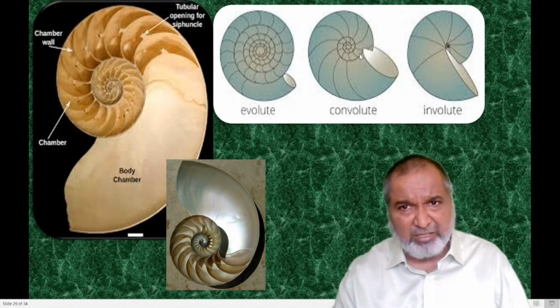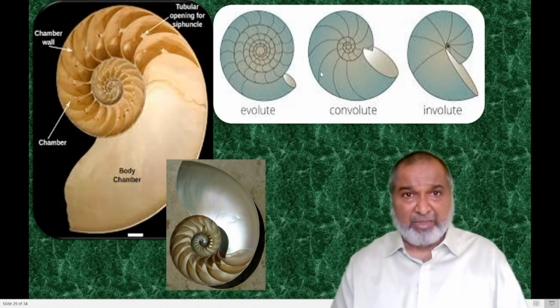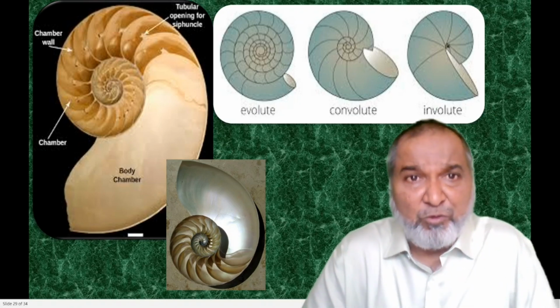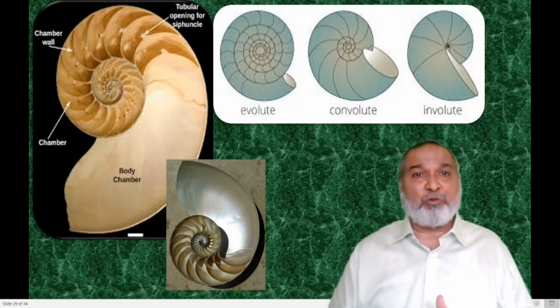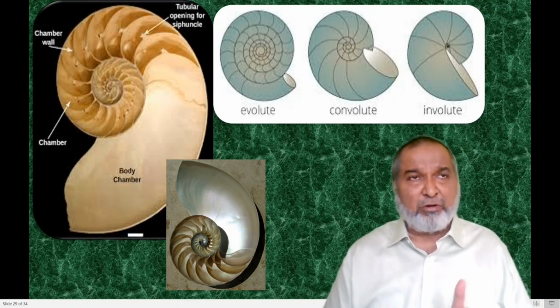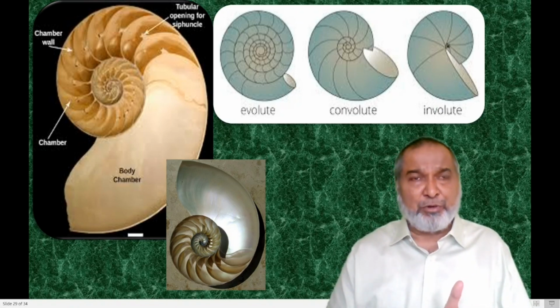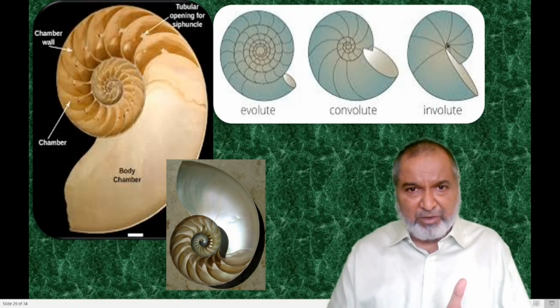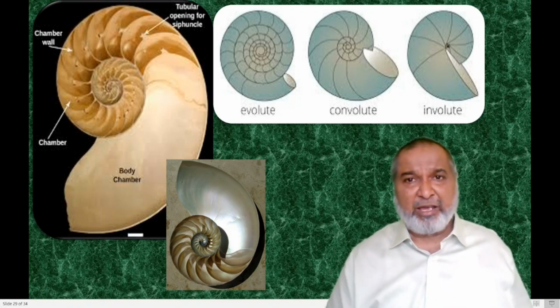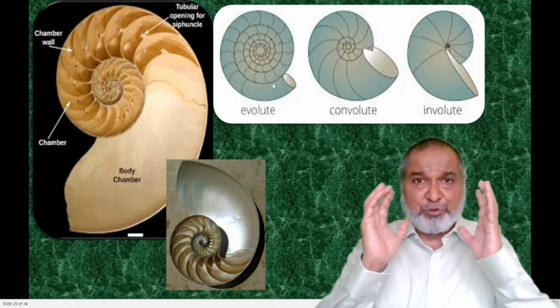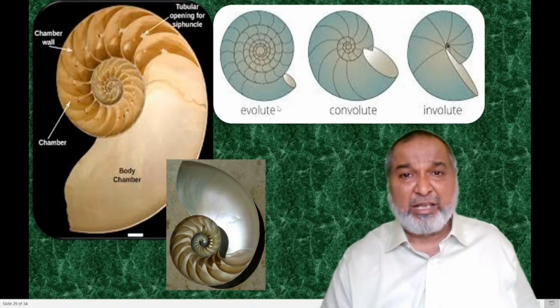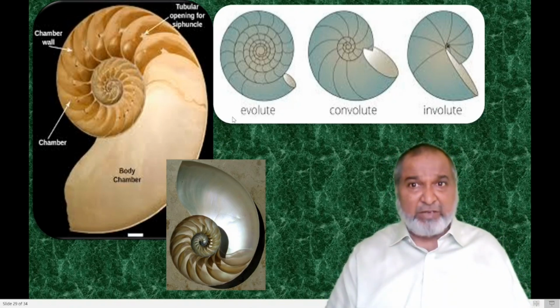And the next important question is to define. Yes, there are three different types of coiling in the cephalopod. The first one is evolute coiling. What is evolute coiling? From the starting point, that is the protoconch, the coiling has taken place in a single plane, and you can see all the whorls very clearly, from the starting point to the end point. All of them you can see with your own eyes. Then it is called the evolute type of coiling.